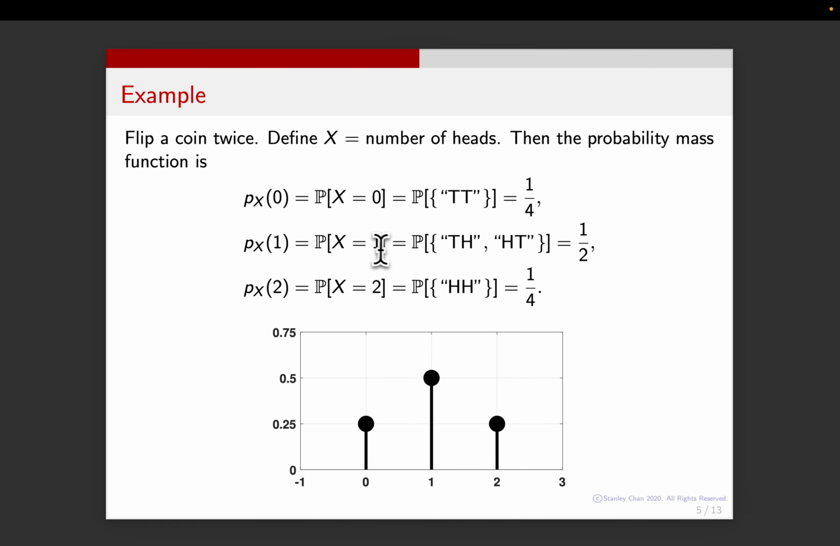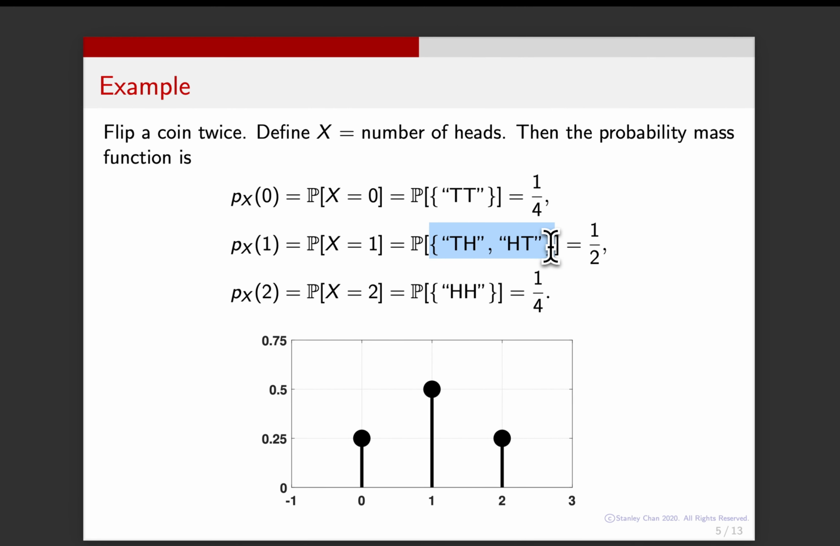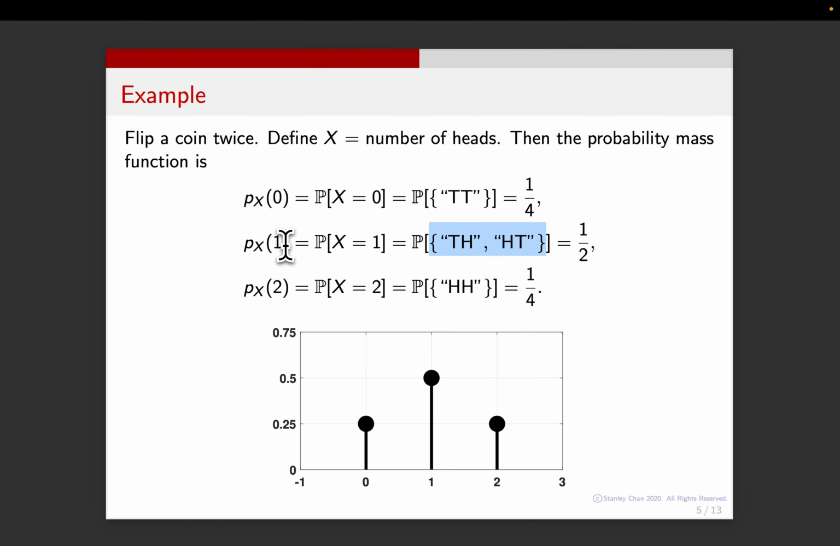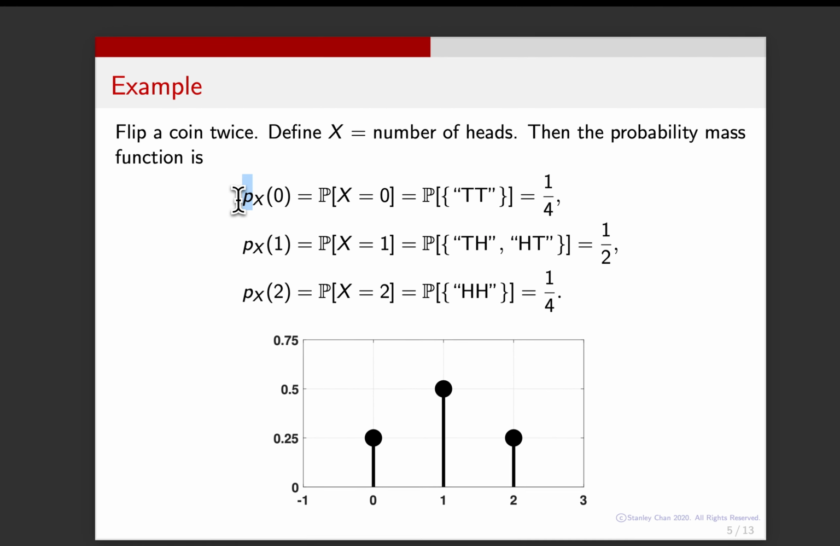And for x equal to 1, we can get TH or HT, which will be 2. The number of elements in the set is 2. So therefore, the probability P_X of 1, or the probability mass function for this random variable X. This is how we interpret the probability mass function given by P corresponding to this random variable X taking state 0: it is the probability that the random variable X takes the state 0,